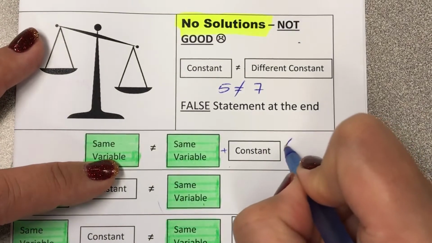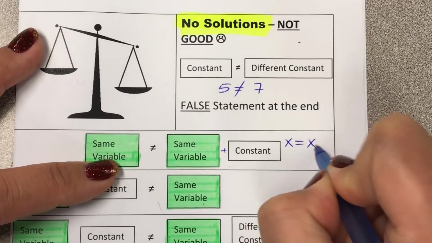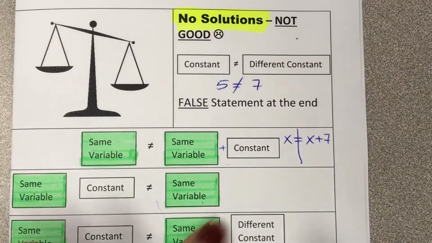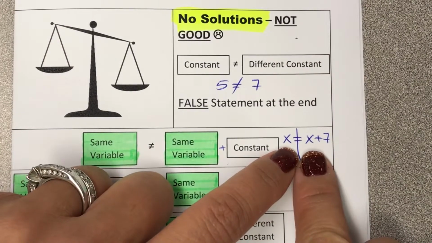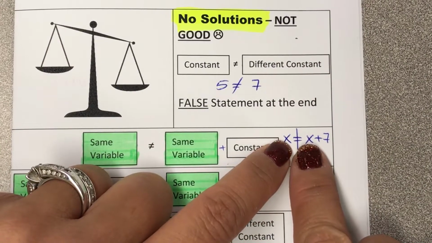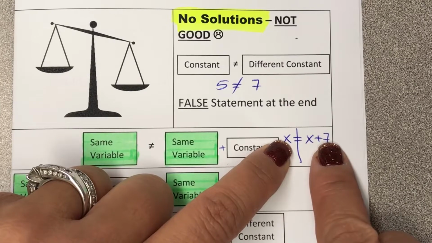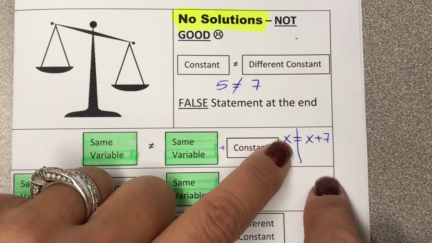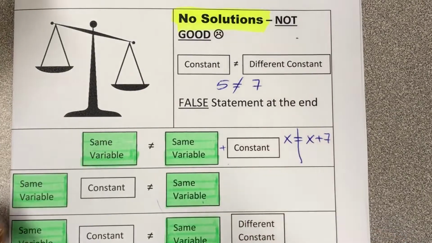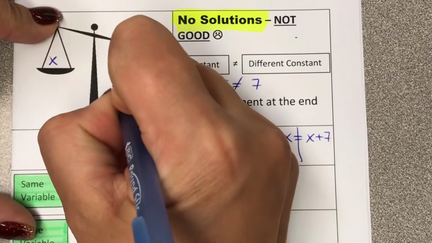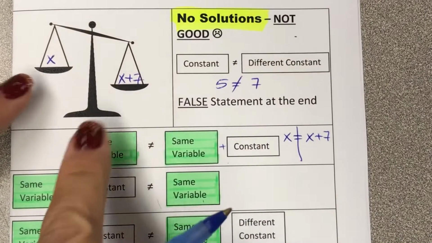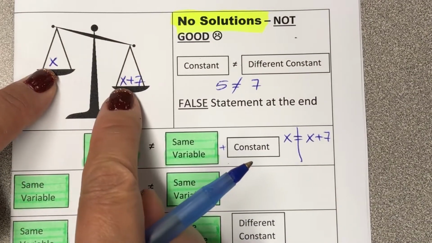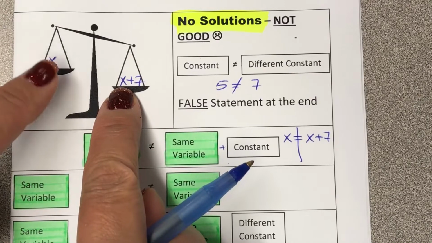Let's say I have a variable on one side, but then the same variable plus a constant on the other. Let's say I have x equals x plus 7. Well, x and x are the same number. So let's say 5 equals 5. But if I add 7 to one side of the equation, then it is out of balance. So the equation cannot be balanced because for every number it has to be the same number,